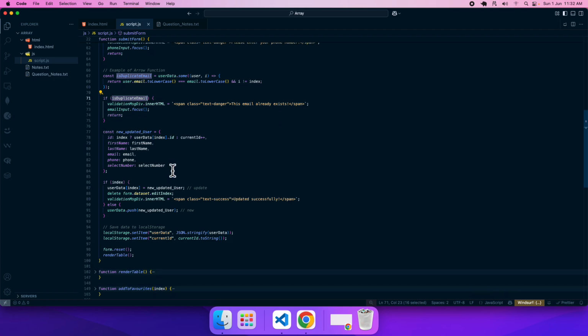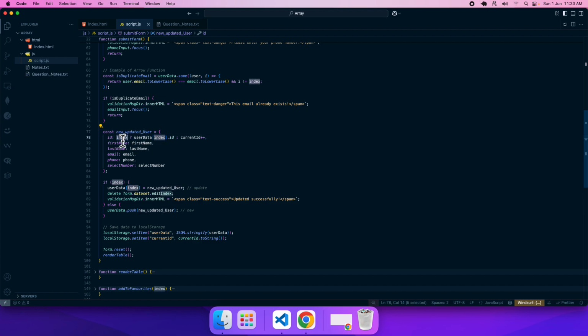Rather, now we are going to create an object, and this is a very crucial part where you learn how to create an object. And this object will later be stored inside the array, and this is happening at runtime, dynamically. So I give an object name called new update user, and since